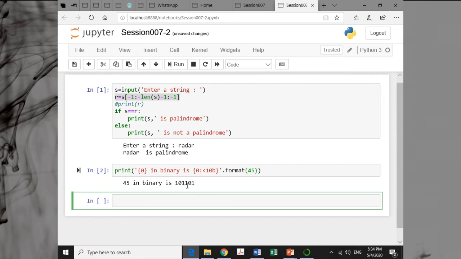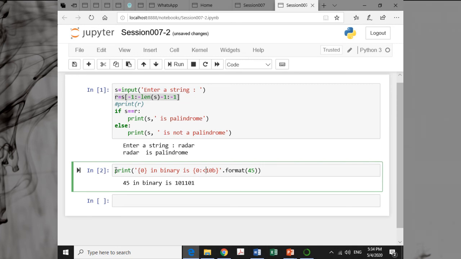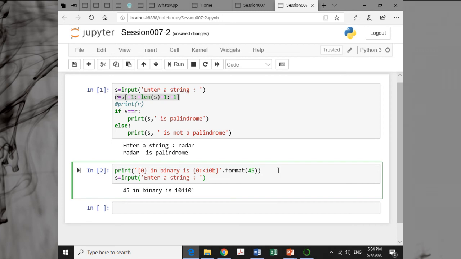Now what is the meaning of left justified and right justified? Suppose the same statement I am writing again, and this time I am printing it right justified. So let's make it right justified.